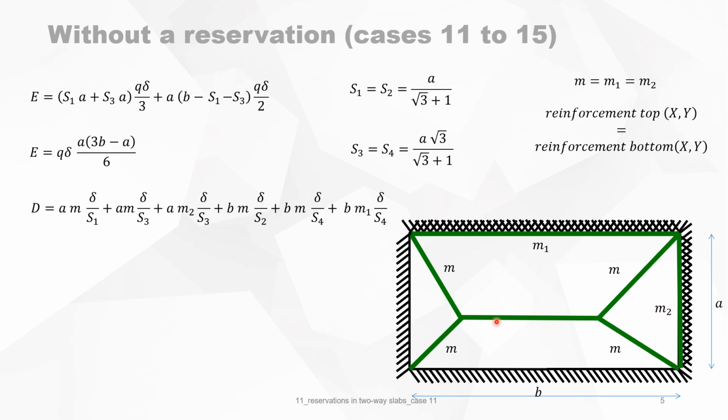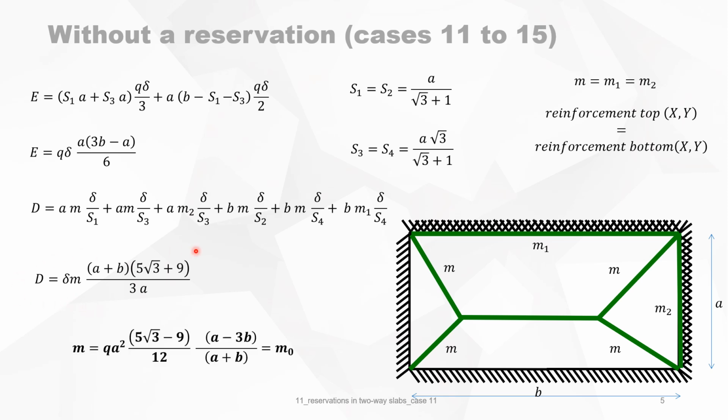For B, we got M multiplied by B divided by 2. And in the other side, we have M projected to this axis of rotation and multiplied by delta over 4. And of course, the negative bending moment M1 will do B times M1 times delta divided by S4. We can again substitute the different variables and we have this equation. B, of course, must be equal to A, and then we find a closed form for the bending moment M, and M here in this case is then equal to this